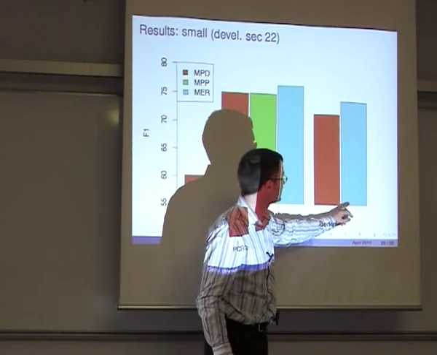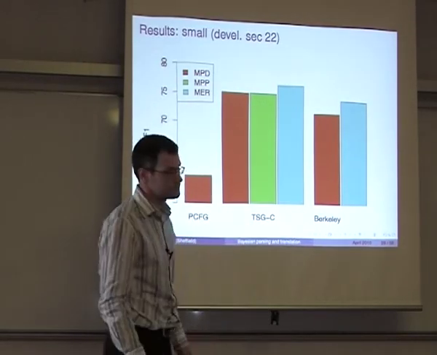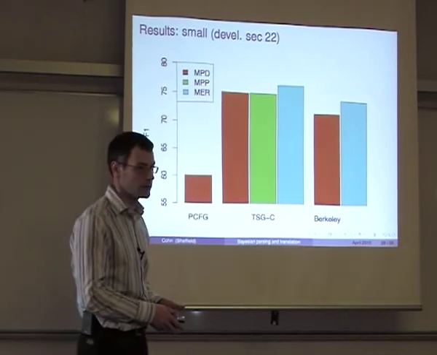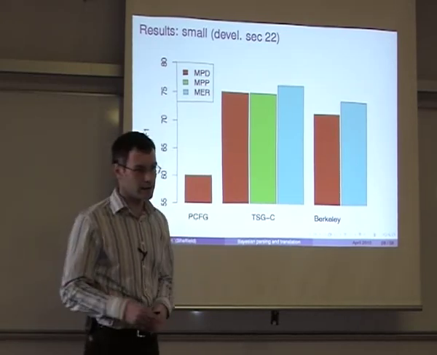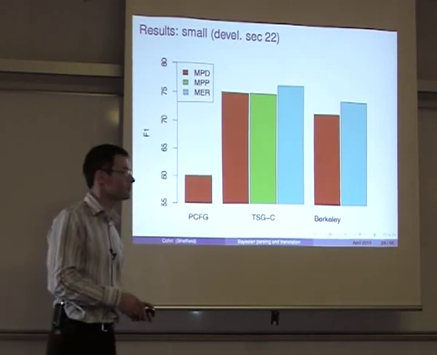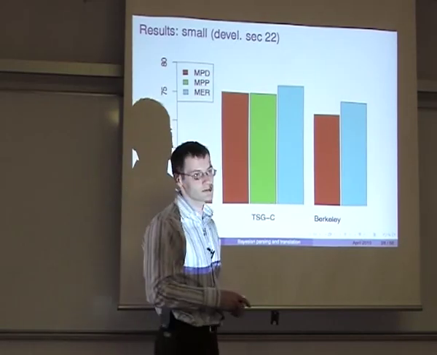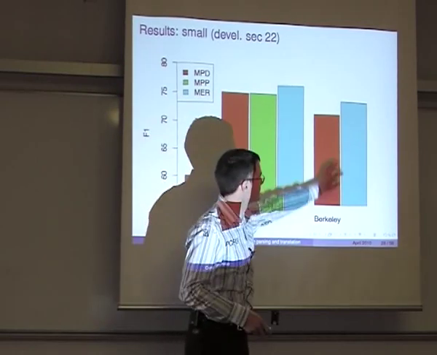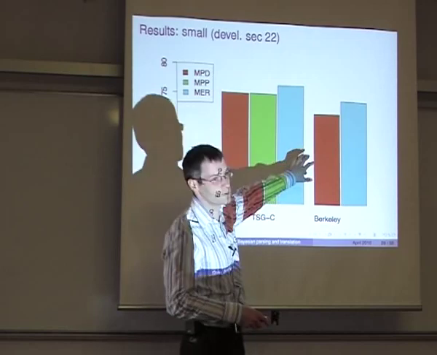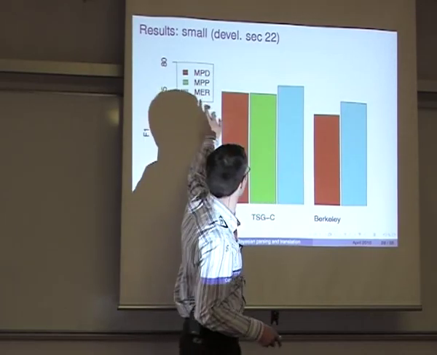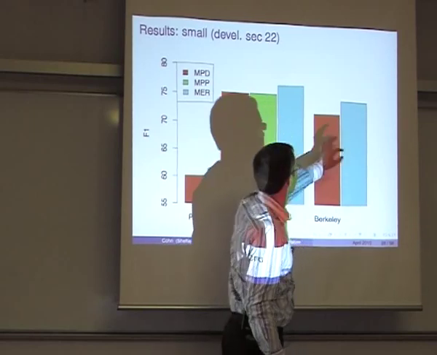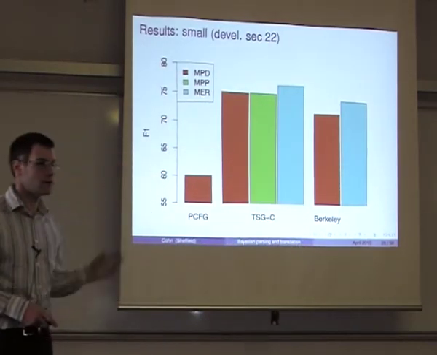Now, compared to the Berkeley parser on this data, we ran it with the exact same data setup, which is not to its strength. We gave it our data setup, which isn't quite as good as their data preprocessing, which made it look slightly worse than it would have otherwise. But in this case, it can also run Viterbi parsing, maximum probability derivation, and it also has an implementation of this maximum expected tree. And in both cases, it underperformed our model on this data.